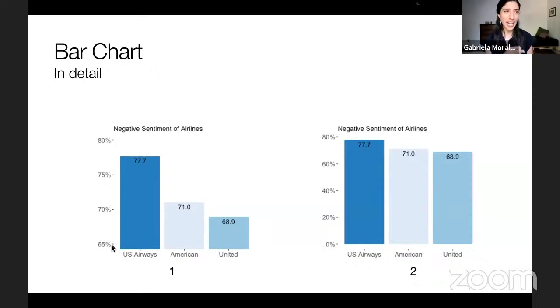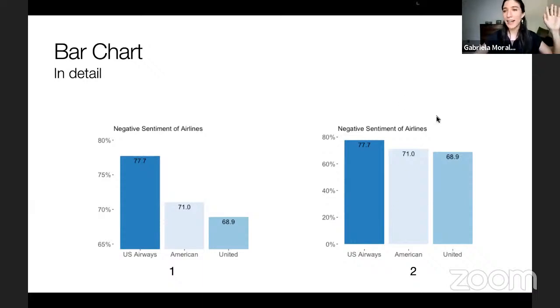But you guys have a good eye, and you have noticed that these percentages go from 65% to 80%. So you see that I zoomed in right here, like I made a little box here. So you don't actually get the whole column as a fair reference, which could be tricky and could be misleading. If I'm telling you, okay guys, I zoomed in, and actually you're looking at just a fraction, and check it out, so that's fair game.